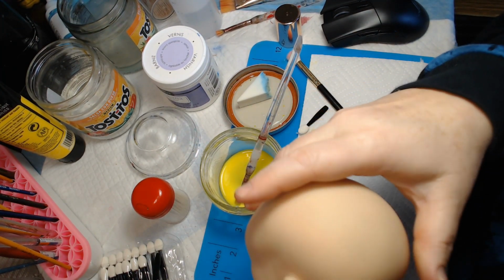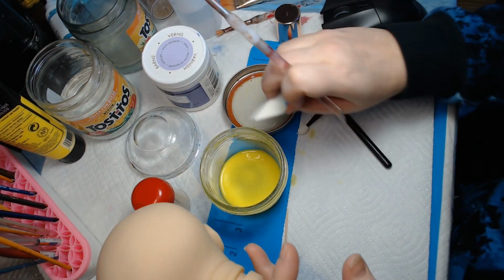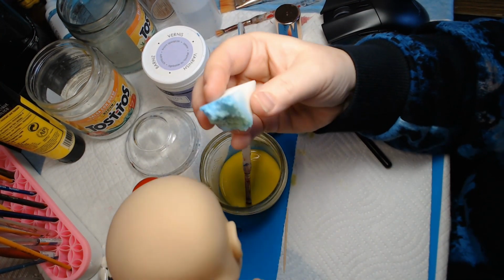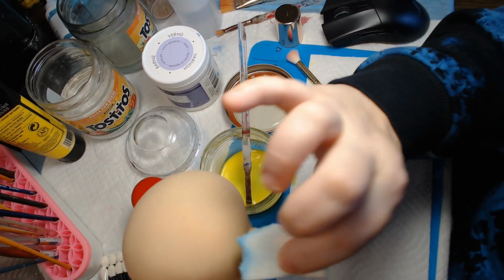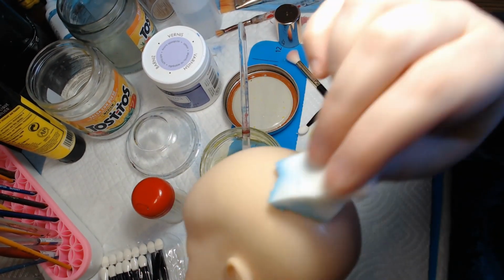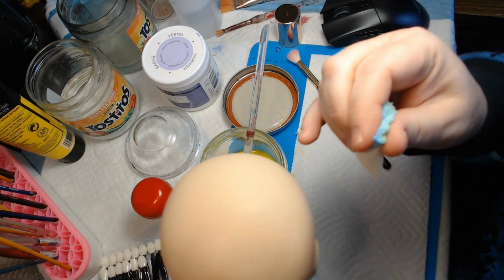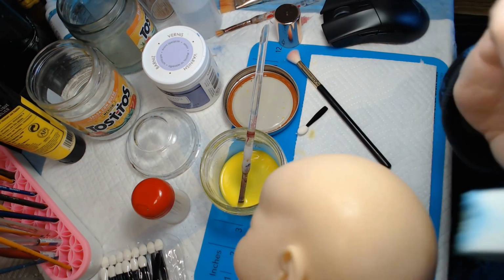Okay. So I already got the yellow there. Get some yellow on the sponge. The sponge was blue before I started this, but it is clean. It's just from doing the blue at the last step. But I rinsed it all out, so it's not going to go on green like the sponge looks like, because the blue was washed out, and it was also dried, so...